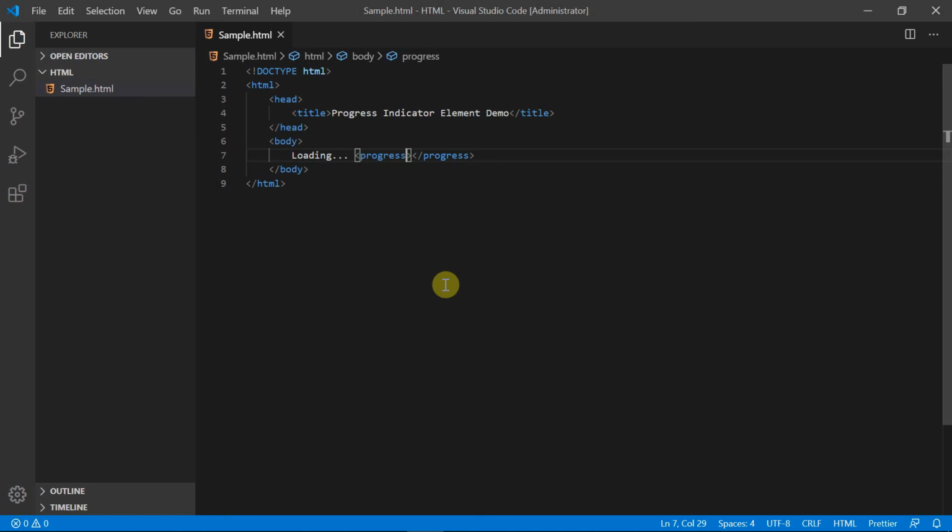Now let me go back into the editor and make the changes. Let me set the max attribute with value 100, and also the value attribute with value 67. Now go back into the browser and refresh. Yes, when we refresh the browser, we can see that the blue color started from 0 and occupied up to 67, and the entire region from 0 to 67 is blue, which means that we have completed 67% of our task.